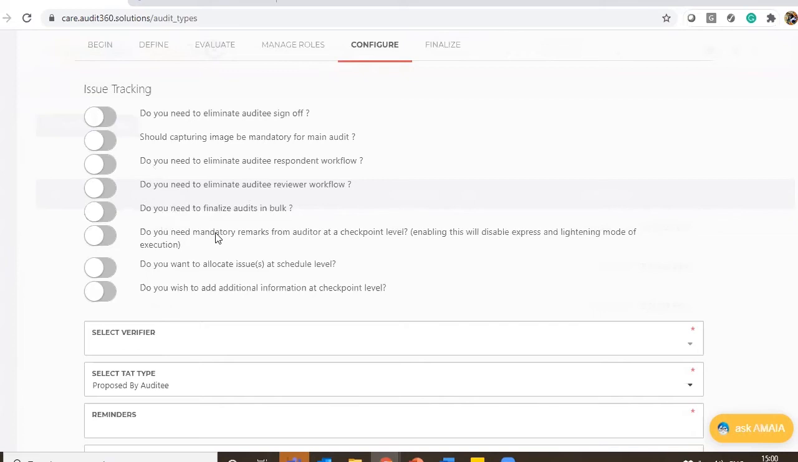Then we also have an option called, do you need to do a bulk finalize audit? So usually, as a normal audit workflow, any audit which has been executed by the auditor gets reviewed by their supervisor,